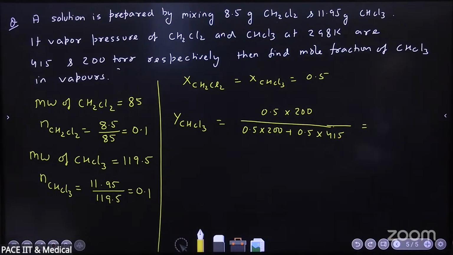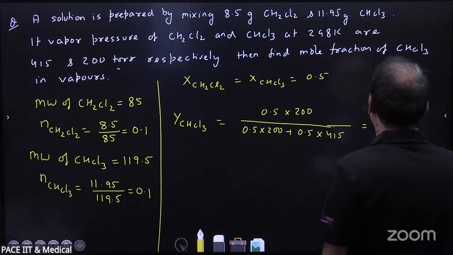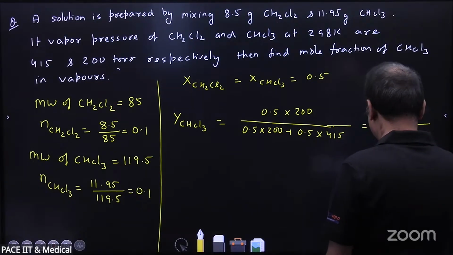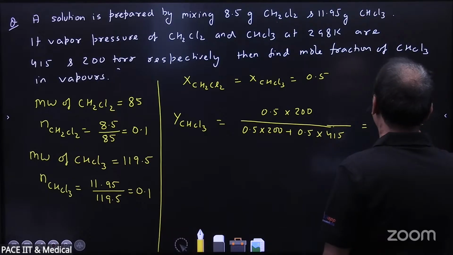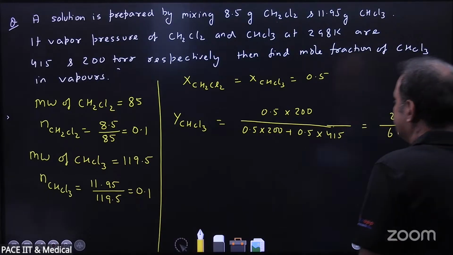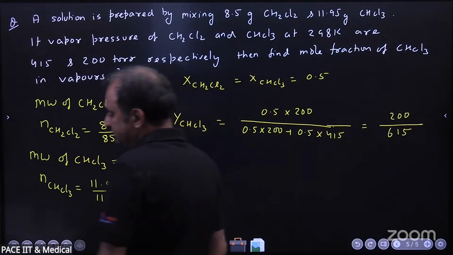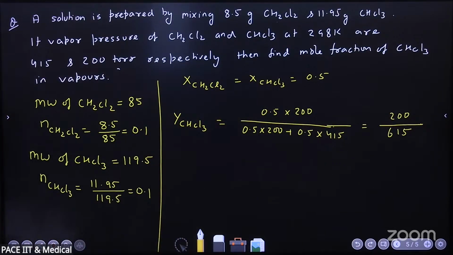Correct? So how much will this become? You can cancel 0.5 throughout the equation. So 200 by 615. Correct? And this now we can simplify. 1 by 3